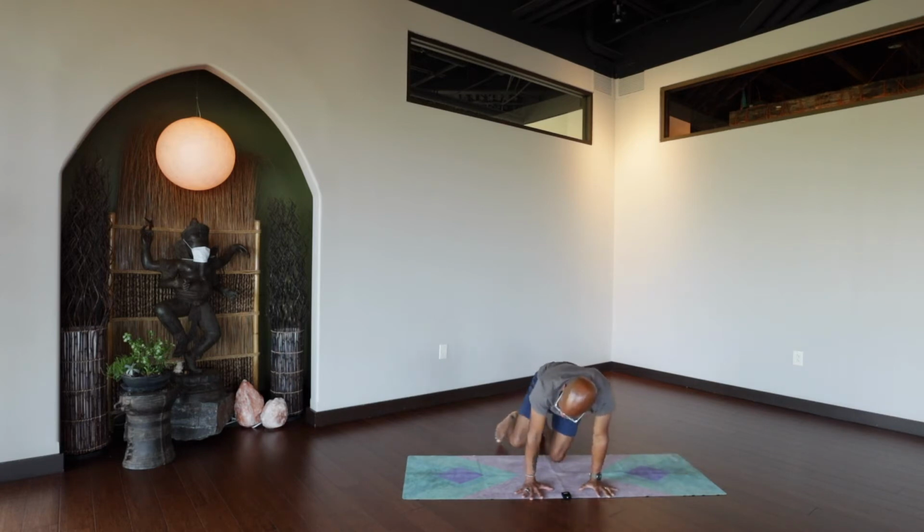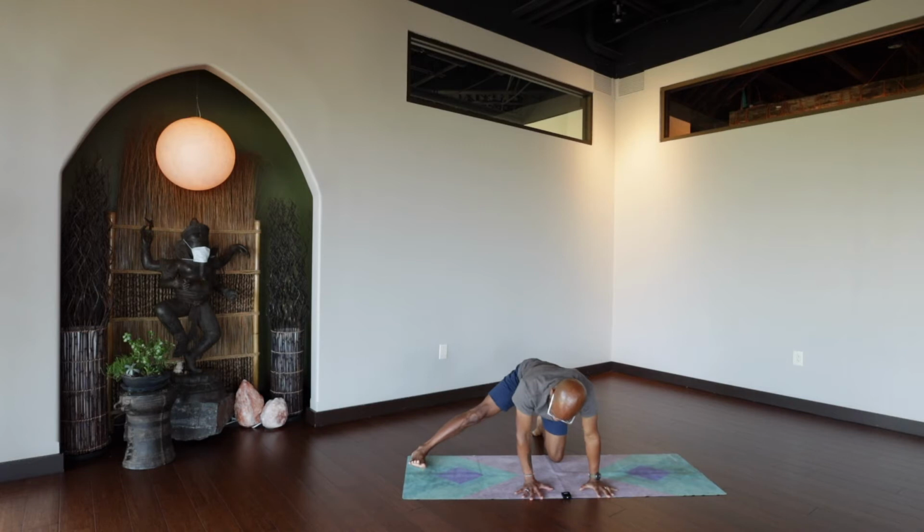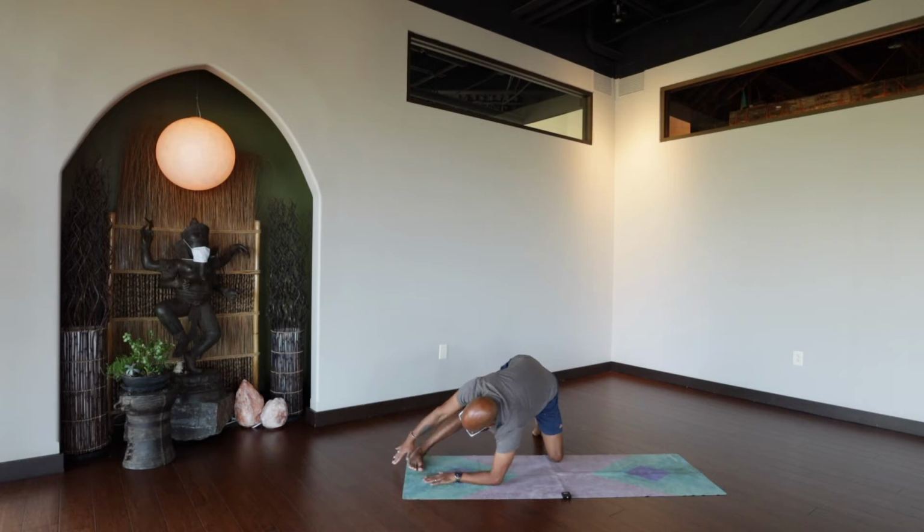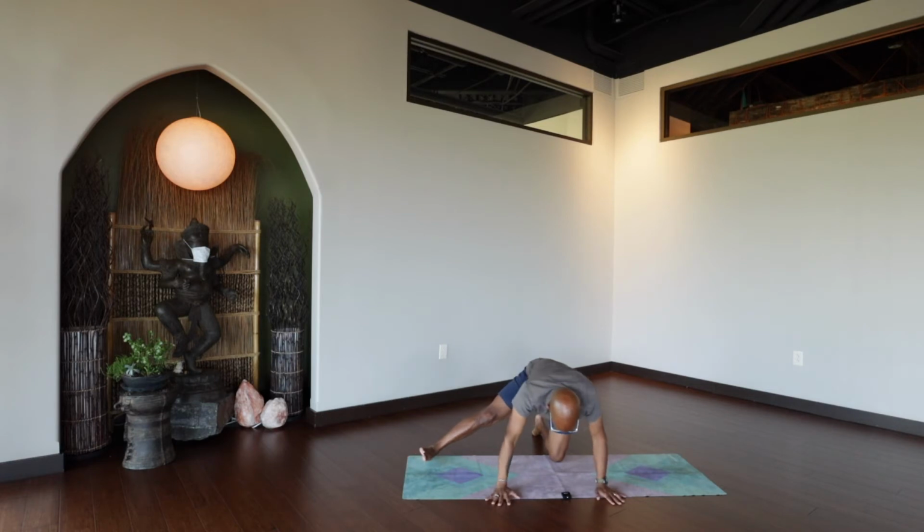Step your right leg out. Walk both hands over to the right. You can drop your left elbow and take your right hand onto your right ankle. Bring your face a little closer to your leg. Keep some weight in your left elbow. And again, right arm up to the sky. More weight to your left elbow so that you stack right over it. And then you come down and you move through,